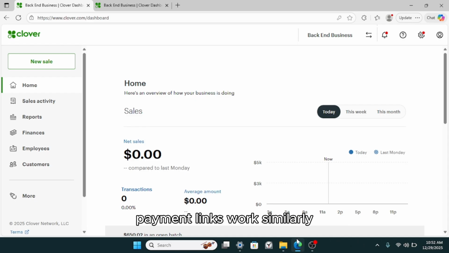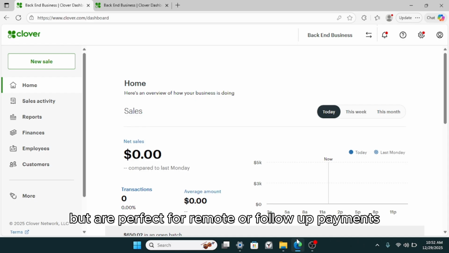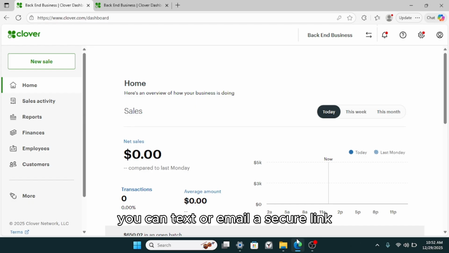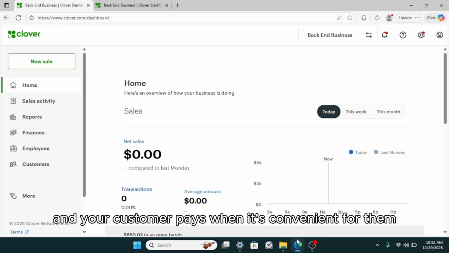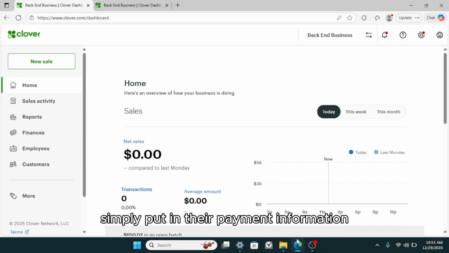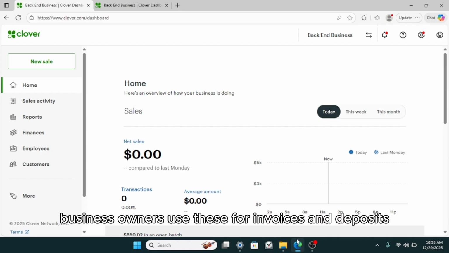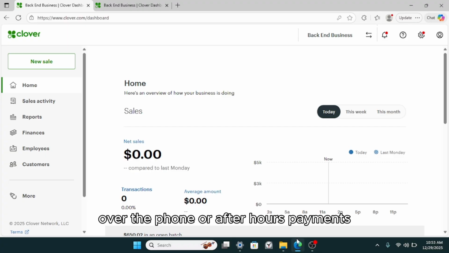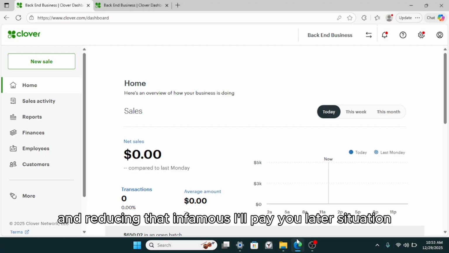Payment links work similarly, but are perfect for remote or follow-up payments. You can text or email a secure link, and your customer pays when it's convenient for them. No app, account, or anything else required on their end. Simply put in their payment information. Business owners use these for invoices and deposits, over the phone or after hours payments, and reducing that infamous "I'll